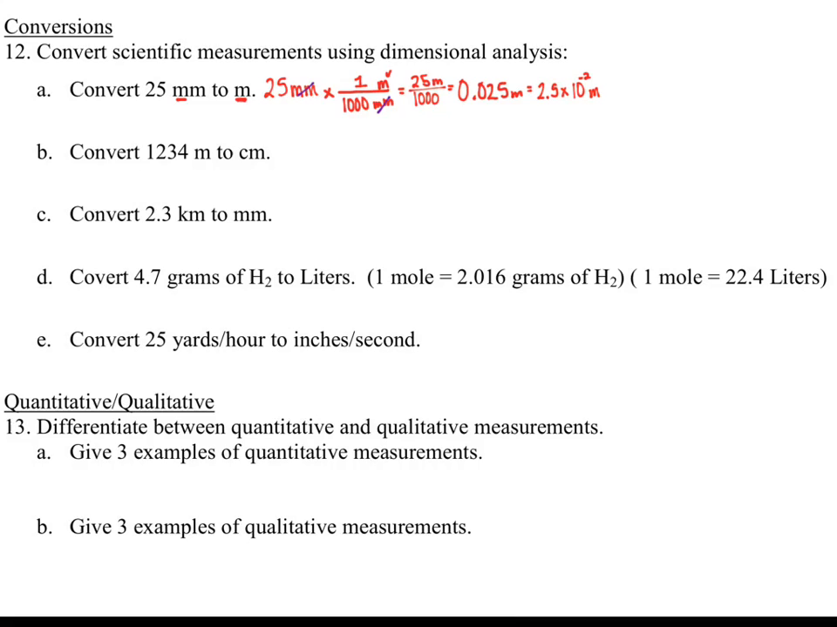All right, next one's asking me to convert 1,234, so again, my given, meters, which is my basic units, and I want to end up with centimeters. So this is also a 2-step problem. I want to get rid of meters to centimeters, okay? And I know that there is a direct link between the two because my basic unit to a prefix. 1 meter is equal to 100 centimeters. Again, my meters cancel out, and I end up with,